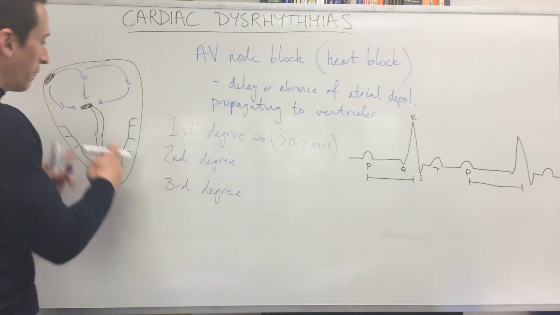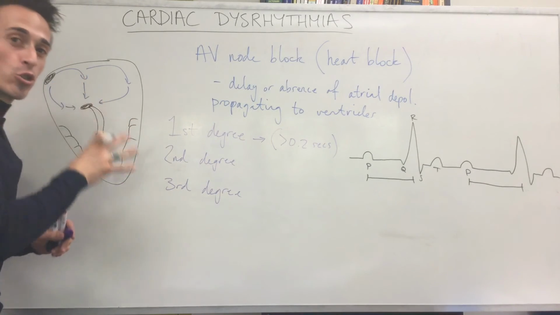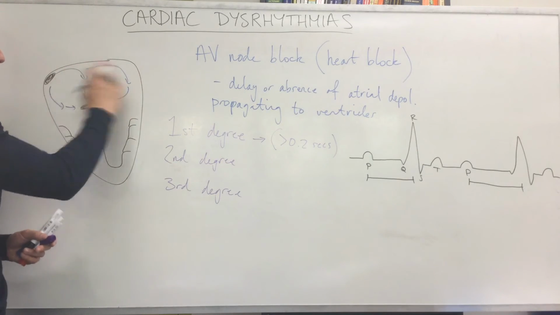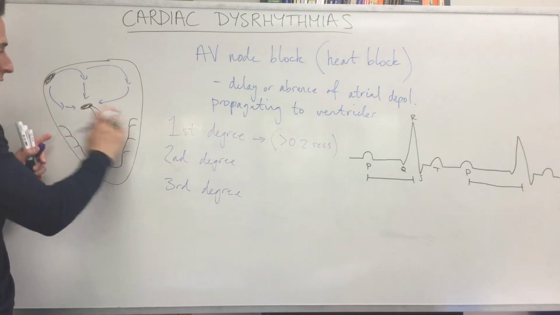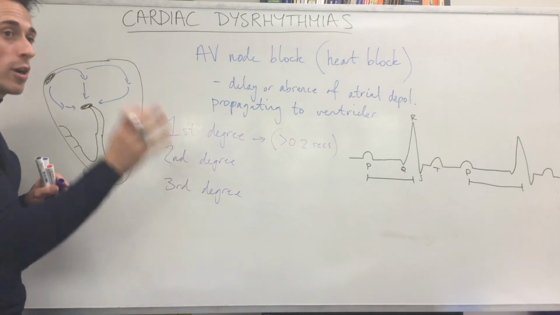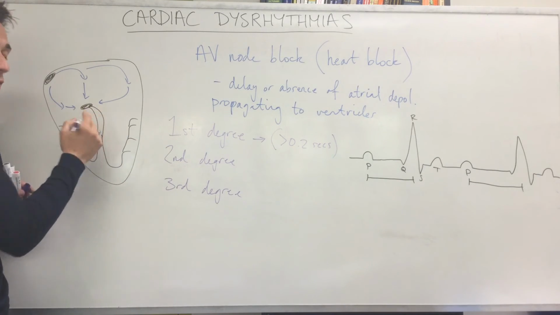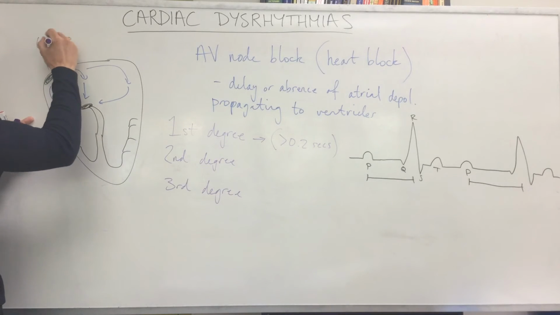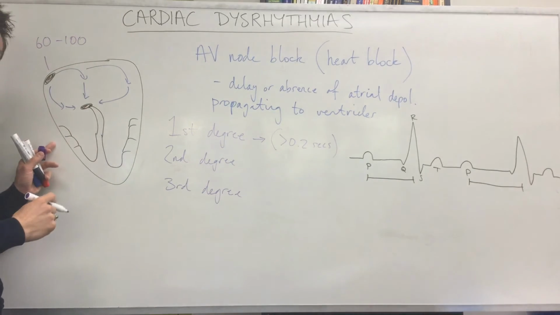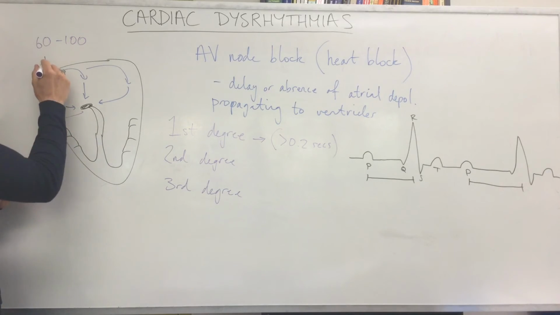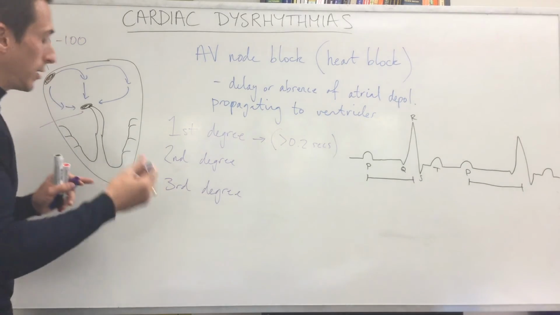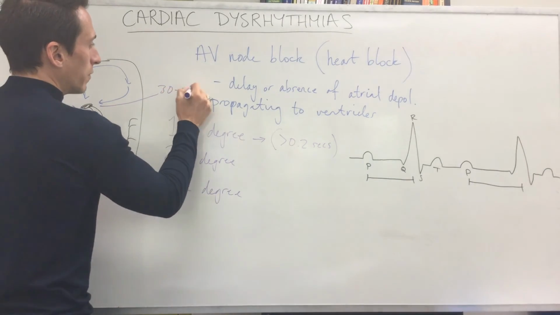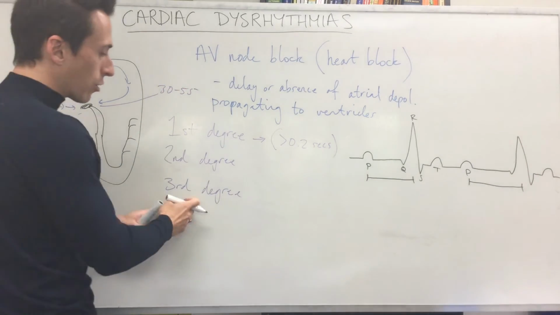So that means that the ventricles depolarize and contract independently of the atria. So regardless of when this is depolarizing, this will depolarize on its own, and it will depolarize in accordance with the spontaneous firing of the AV node. And the AV node, unlike remember the SA node, spontaneously depolarizes 60 to 100 times a minute. That's the SA node. The AV node will spontaneously depolarize between 30 to 55 beats per minute, which means in third degree heart block,